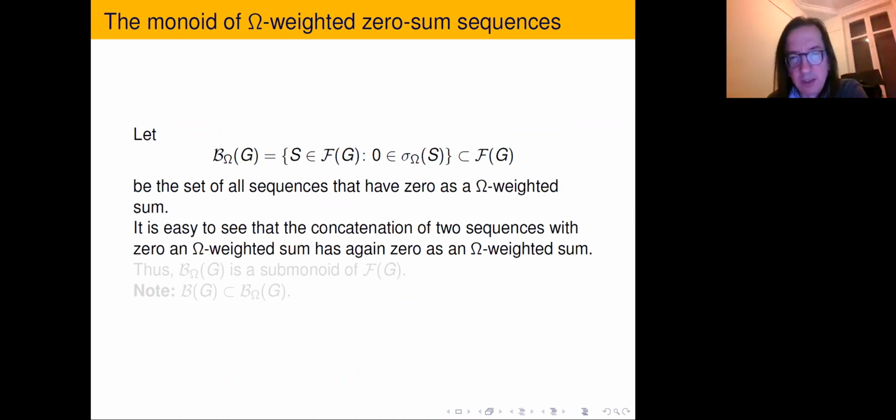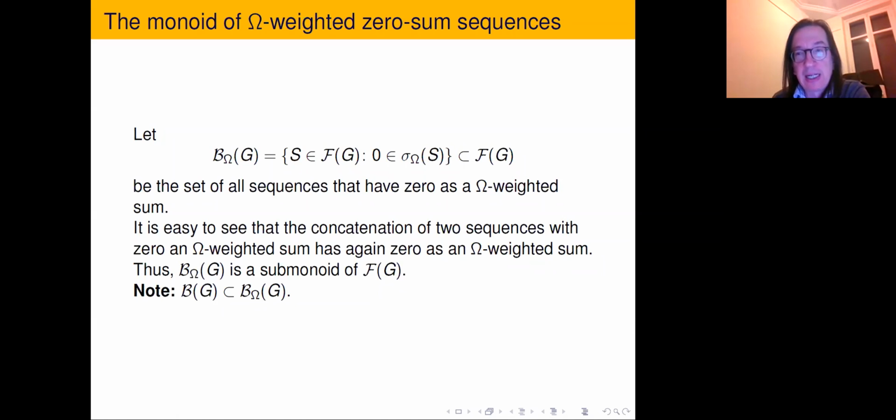I'm just looking at the time, and it's a bit small, so I have to move. And so it's easy to see that the concatenation of two sequences with 0 as an omega weighted sum has again 0 as an omega weighted sum, and so this is a submonoid, which is in fact larger than the monoid of usual zero-sum